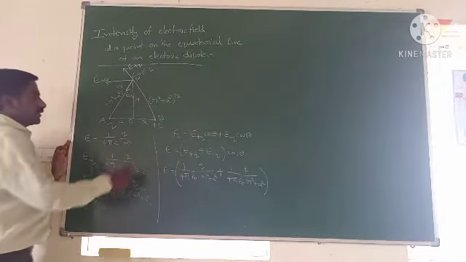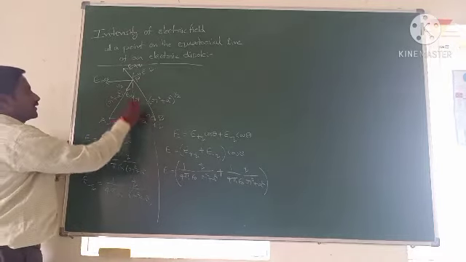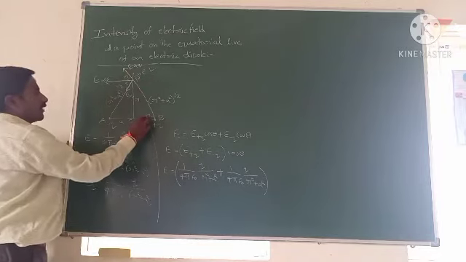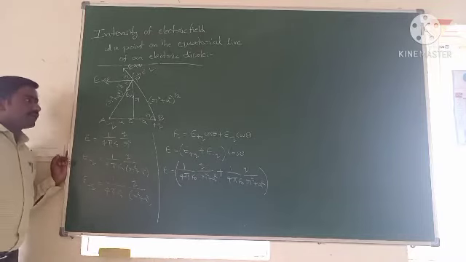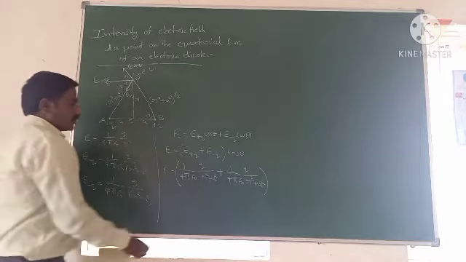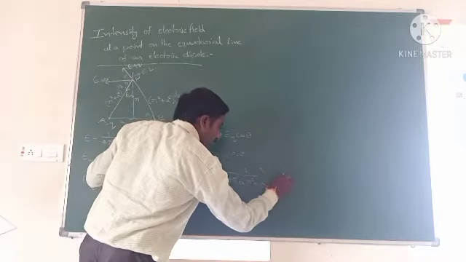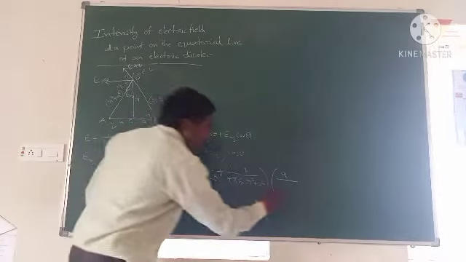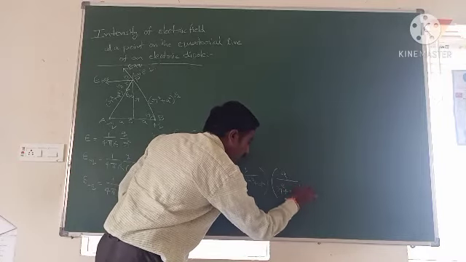Now when you calculate cos theta, let us take the angle between these two axes as theta. If this is theta, this is also theta, this is also theta. Now apply the cos theta here. We know what cos theta is. Cos theta can be written as adjacent by hypotenuse. So your cos theta equals adjacent. Adjacent is A. So A by hypotenuse. What is the hypotenuse here? R square plus A square whole power 1 by 2.